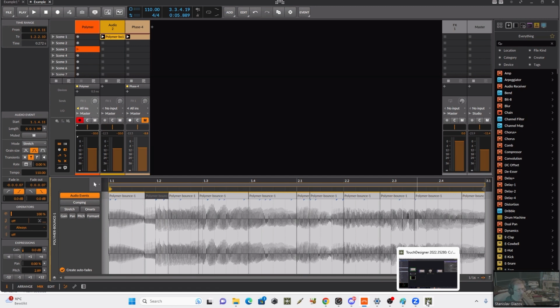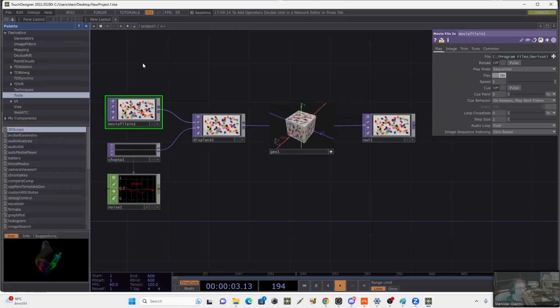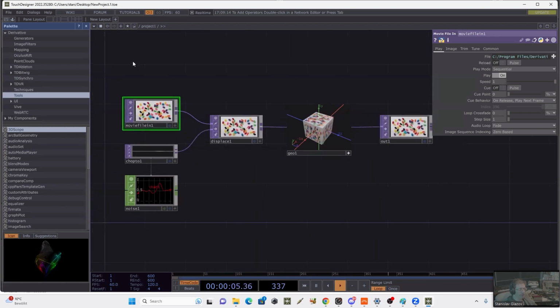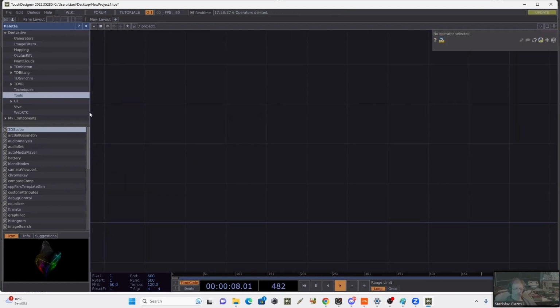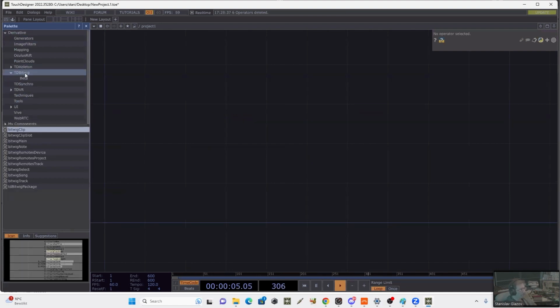And I want to switch now a bit to the topic of how to use the TDBitwig to integrate Bitwig with TouchDesigner. So basically, if we open the last TouchDesigner release, we can find here in the palette the TDBitwig bundle. There are several things here, several plugins, several components,